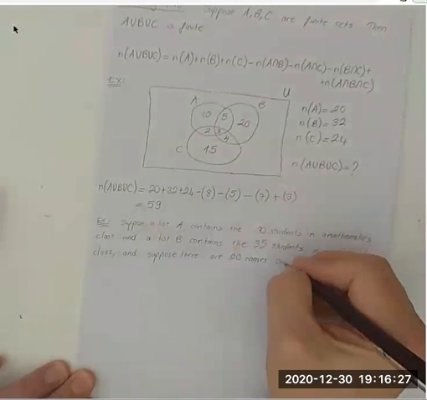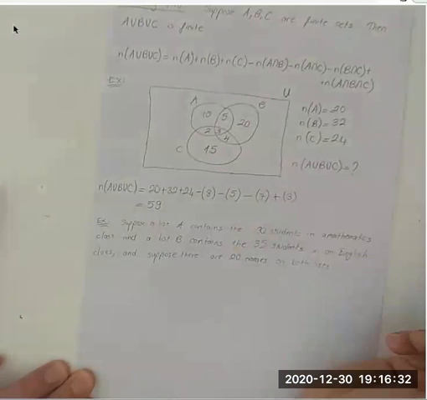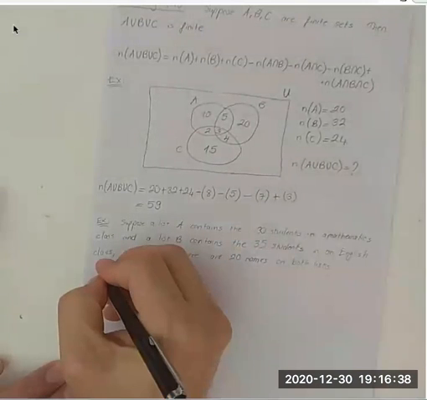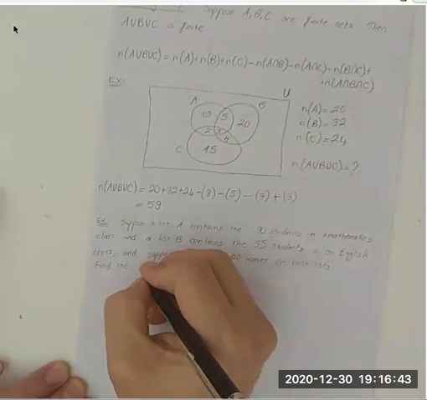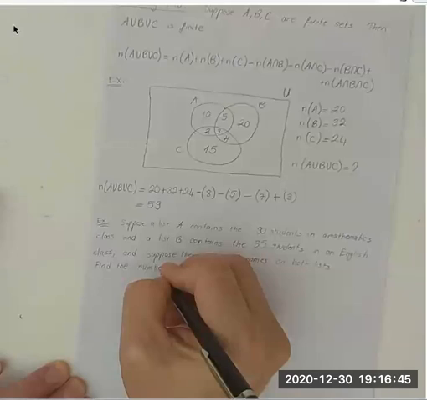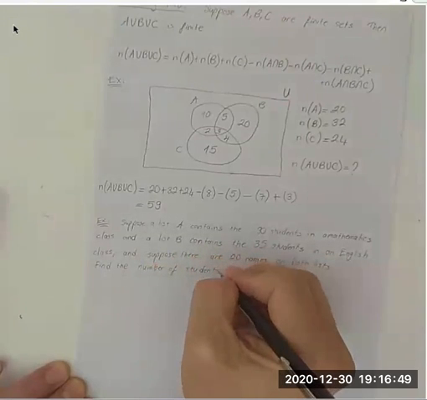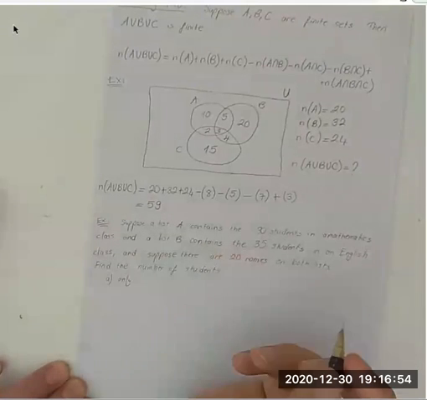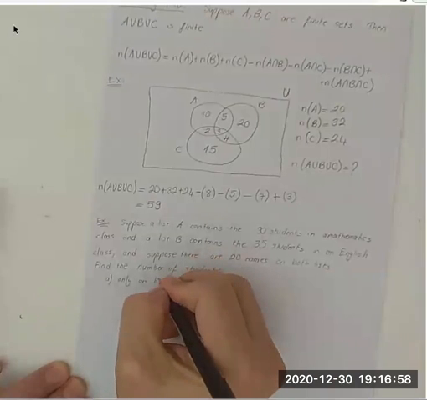Find the number of students on list A only, on list B only,